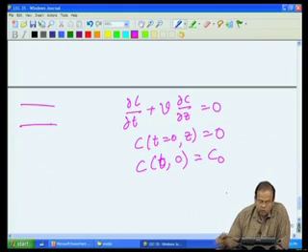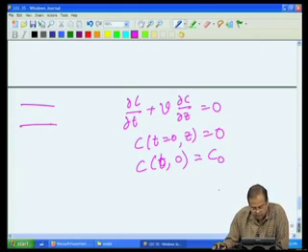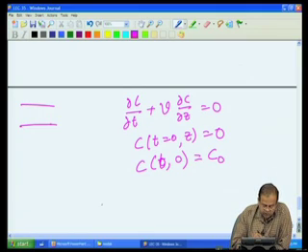So, if we solve this equation by the characteristic line method for partial differential equations and get the response, we will get